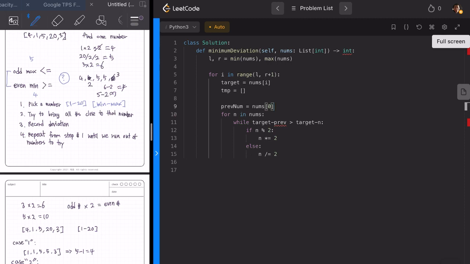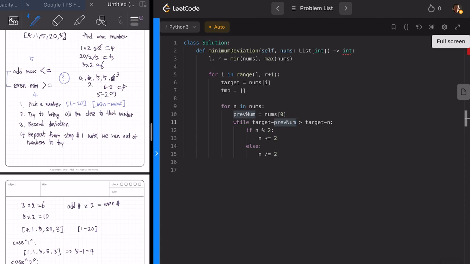Actually, it has to be its own. Right, so we are getting the number as previous number, and if previous num is actually, so how can we do... we need to find,